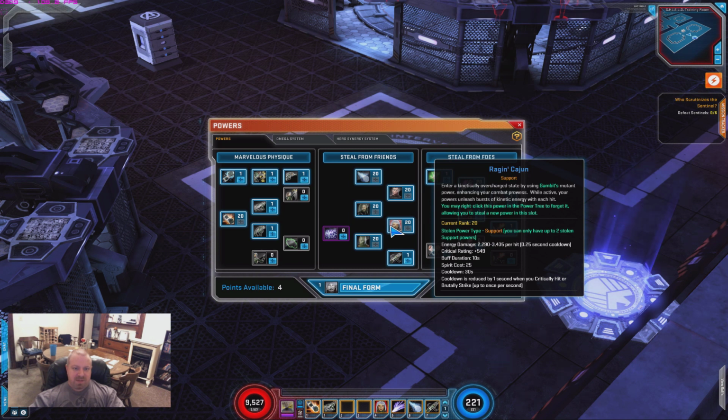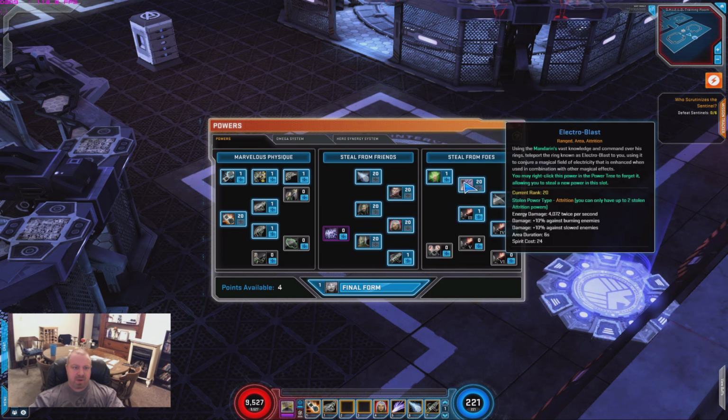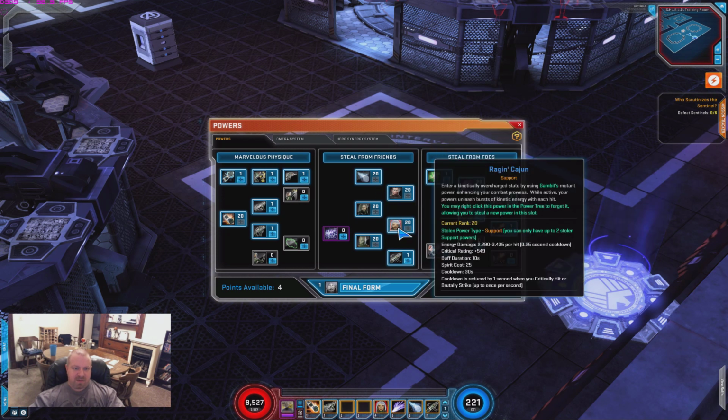what that's doing is giving us extra energy damage per hit with a 0.25 second cooldown. This is why we want to hit 4 times a second. 2 attrition powers hitting twice per second. That'll give us 4 hits a second. It also gives us a big chunk of critical strike rating, increasing our crit, and it lasts for 10 seconds